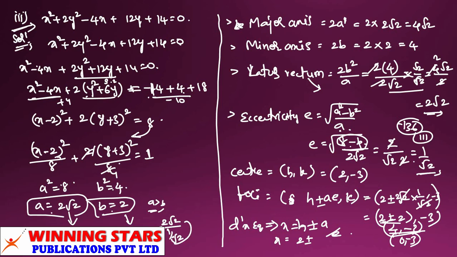So we substitute in the equation. It will become 2 into root 2 into root 2, so it will become 2 into 2, which is 4. So this is the end of the equation here: x equal to 2 plus or minus 4. If you want to take this to the right side of the equation, it is x plus 4 plus or minus 4 is equal to 2.